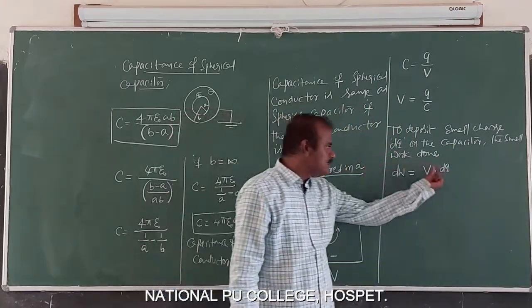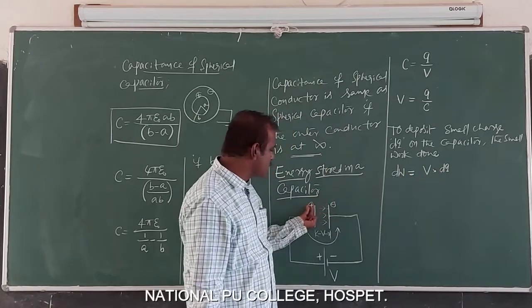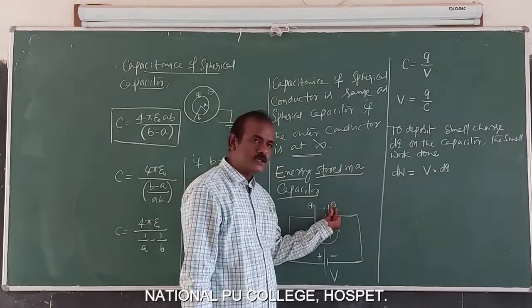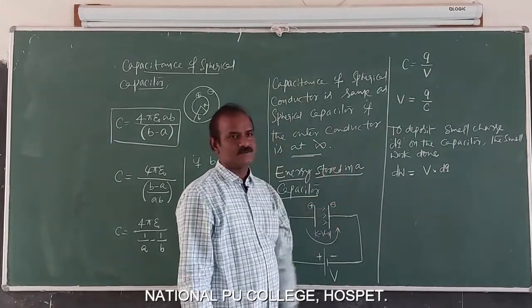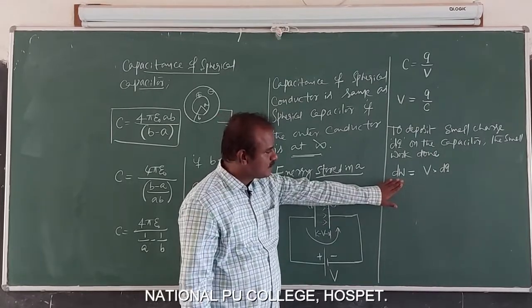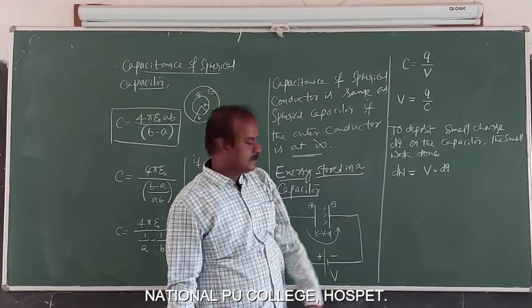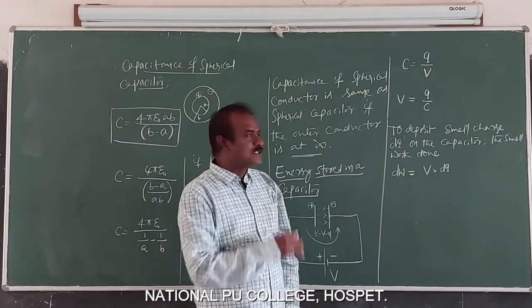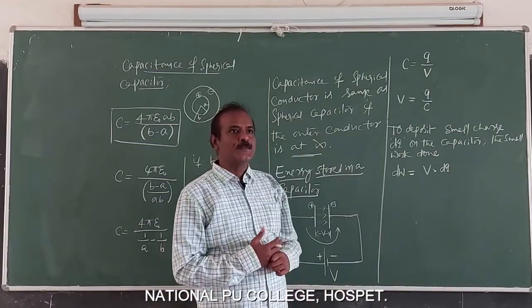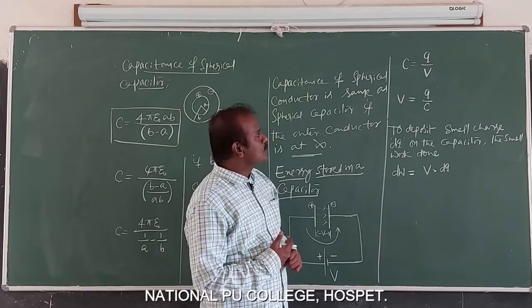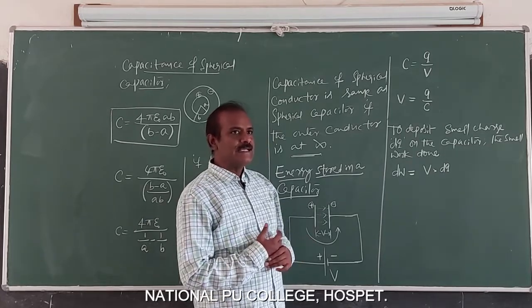And then if this amount of charge is deposited on the positive plate, the same amount of charge will be transferred to the negative plate with negative sign. So this is the formula. So with this situation, for the capacitor which is charged to Q and potential V established.